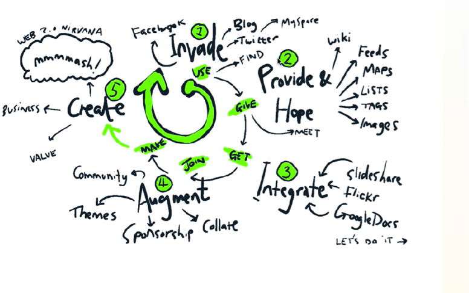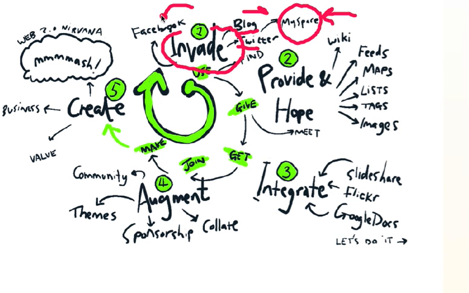So here's my plan. It's very simple. There's basically 5 steps. Firstly, you've got to probably invade. Just start using the stuff. Now this is all just about getting familiar with the tools. There's no reason you need to be blogging and twittering, and maybe even MySpace if you've got a younger customer base that you want to be speaking to.